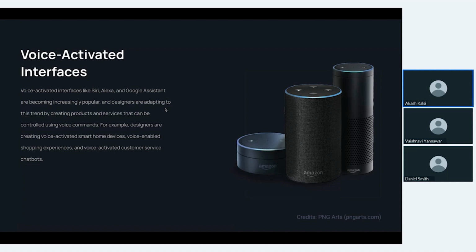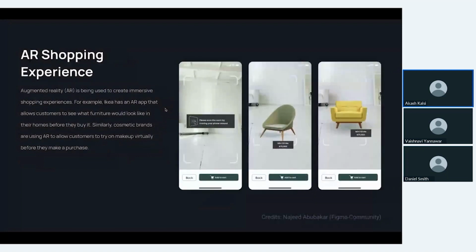Okay, so yes, guys, and trust me, these voice activated interfaces are becoming increasingly popular as more devices like Amazon Alexa and Google Home Mini are incorporating this technology on a very, very insane level. So these are great examples of how AI can be used in UI UX design to create more natural and seamless user experiences. Next is a great example of augmented reality, which is related to the shopping experience.